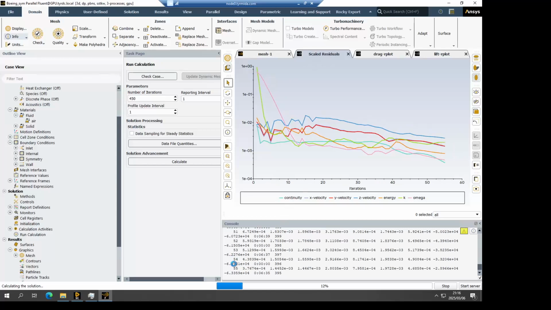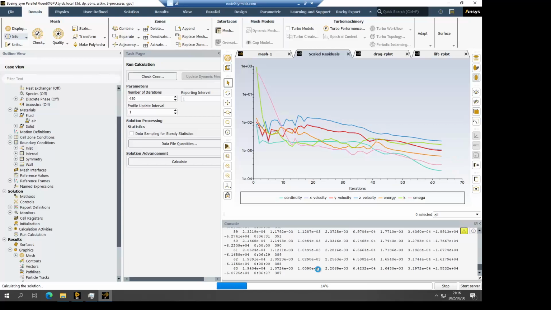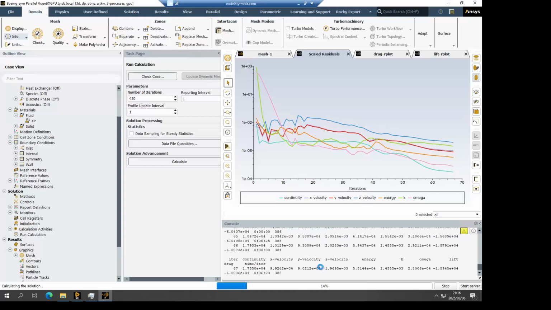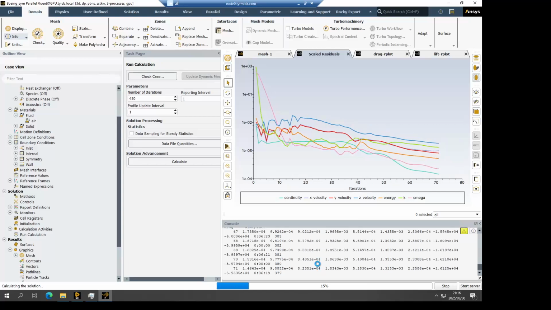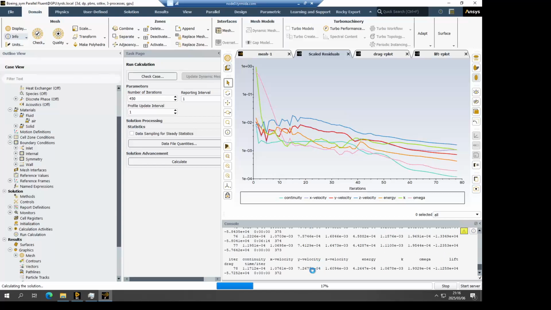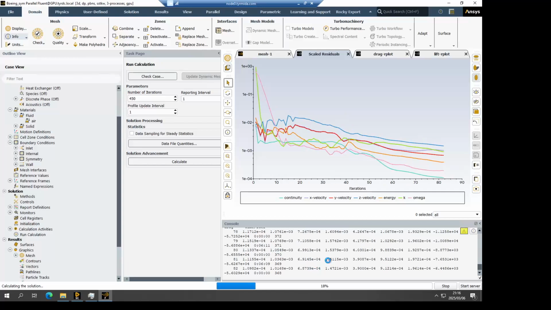As you can see, it's going quite quickly through the iterations because of the 3 GPU cores that I'm having on the model. Simulating 6 million elements on the CPU typically takes much longer than what this is doing at the moment.